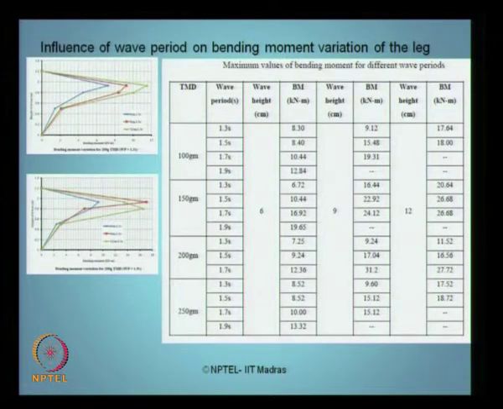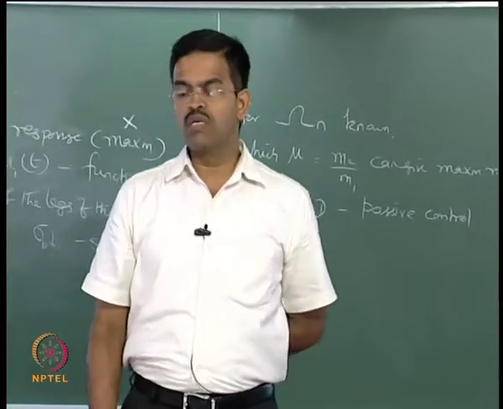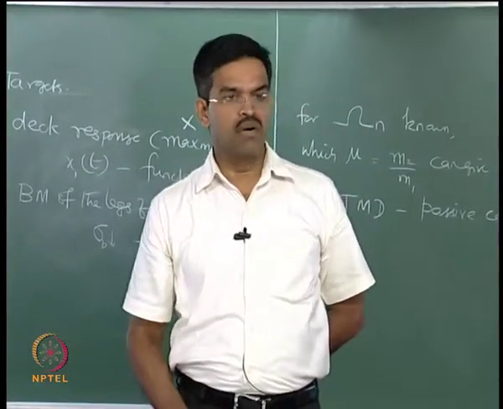Okay. So, as you keep on increasing the wave period for the same wave height, for example, let us say the 200 grams TMD, I have the wave height as 6 centimeters in the experiment, I keep on increasing the wave period 1.3, 1.5, 1.7, of course, the bending moment in terms of kilonewton meter keeps on increasing with respect to the increase in wave period. So, qualitatively the presence of secondary mass does not alter the bending moment characteristic in the tower.